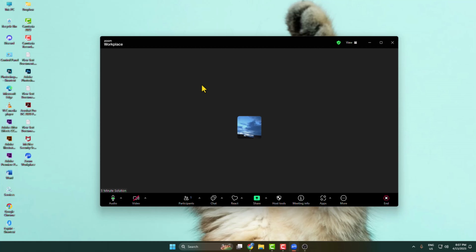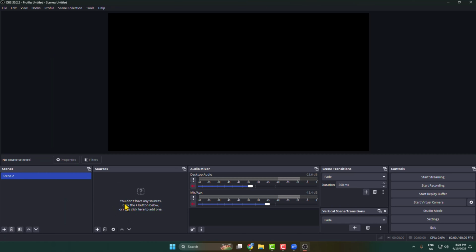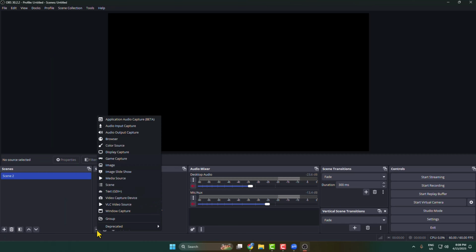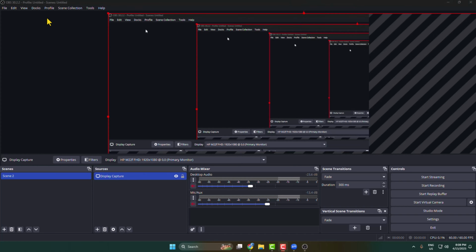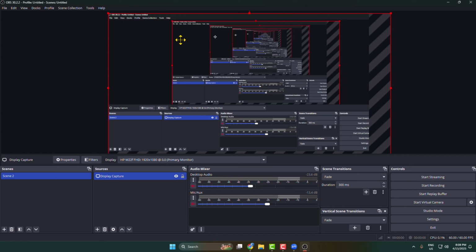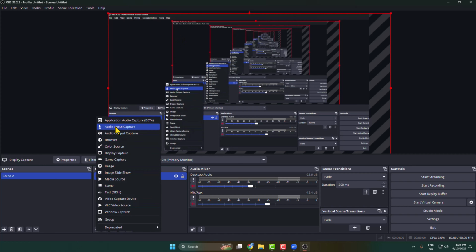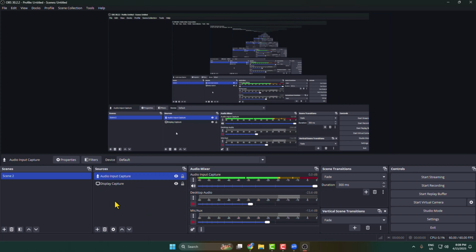To stream OBS to Zoom, first of all go to your OBS and then we have to add sources. So click on this plus icon and here I'm going to add my display capture. So here I've added my display and I'm going to add my audio source also. So go ahead and add your sources in OBS first of all, and after that just click on start virtual